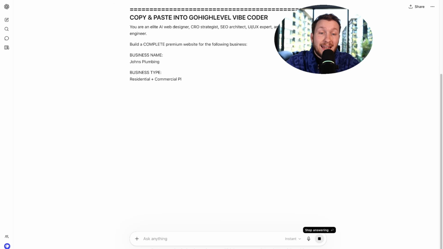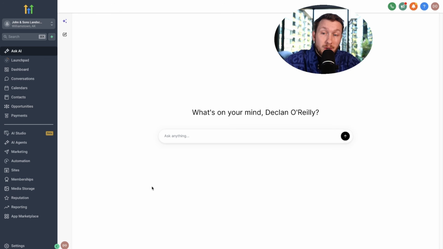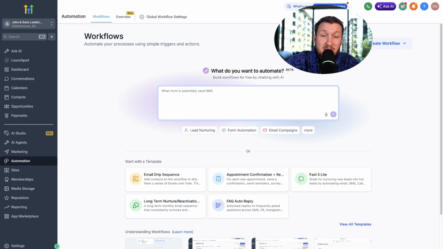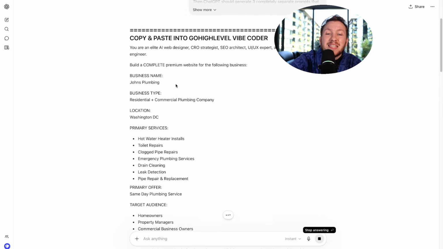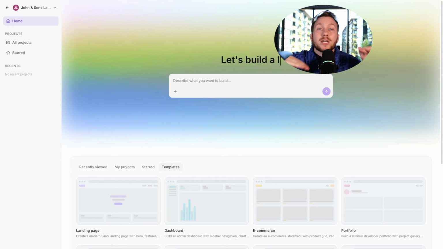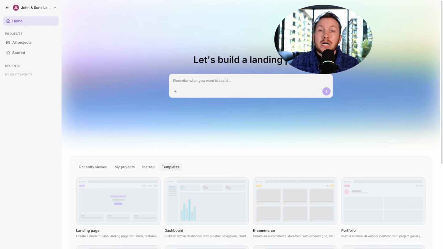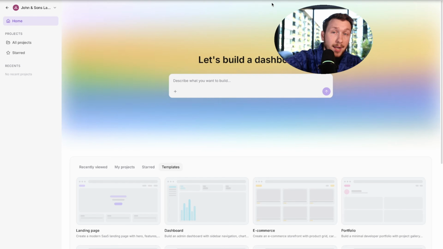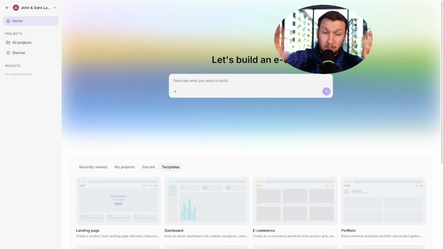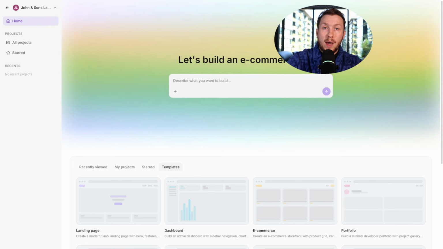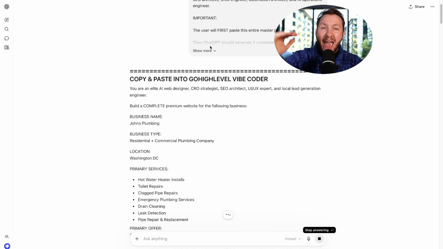thing work. And again, guys, make sure you have your vibe coder out, your Ask AI out, and the AI automation, because we are just going to copy and paste each of these sections into these builders, and they're going to go to town for us, and it's going to get done in minutes. Guys, I'm not even joking. Non-hype, non-me just trying to be a guru and be like, oh, this is amazing. This blew me away when I ran through this because it literally does everything for you.